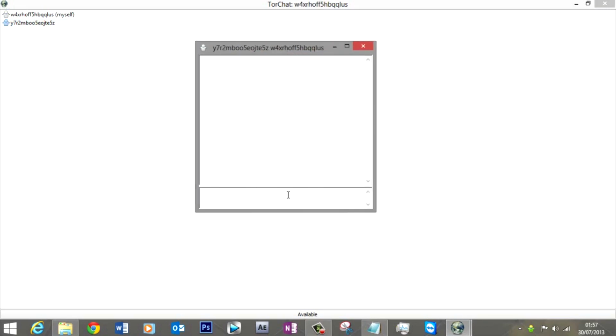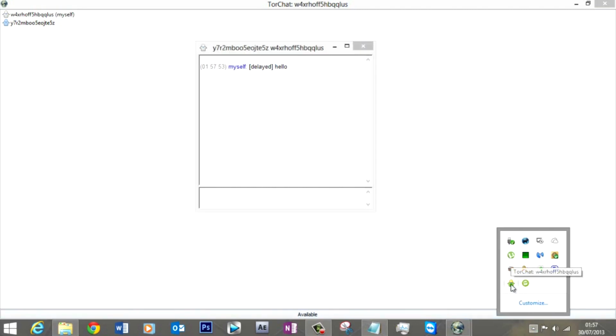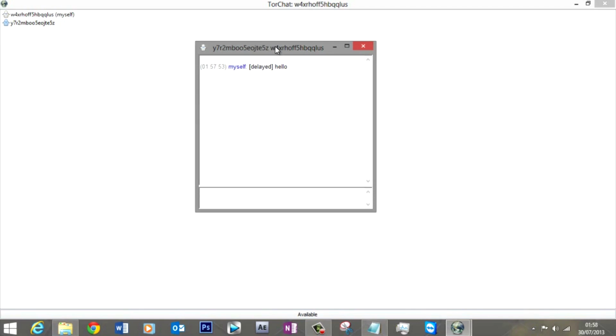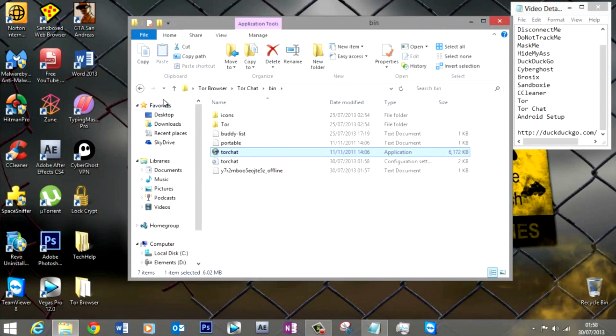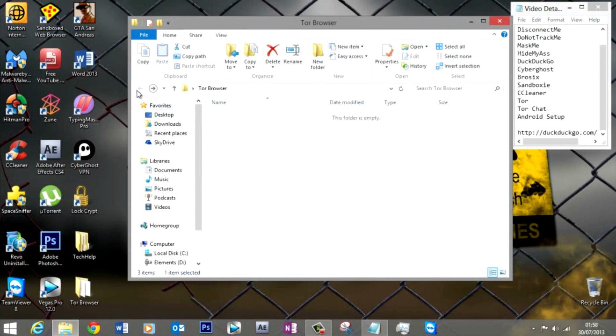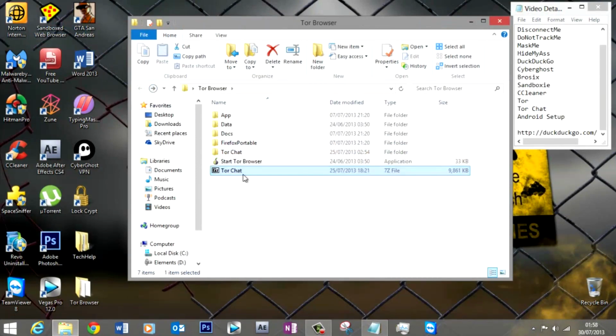This is quite some time back, and this is the chat client you get, and I don't think it's online, but if I show you, it's delayed because it hasn't been sent yet, but it minimizes to your system tray. This is very anonymous. I highly doubt anyone could actually get into this. So that's TorChat. Now why I encrypted it was because TorChat still